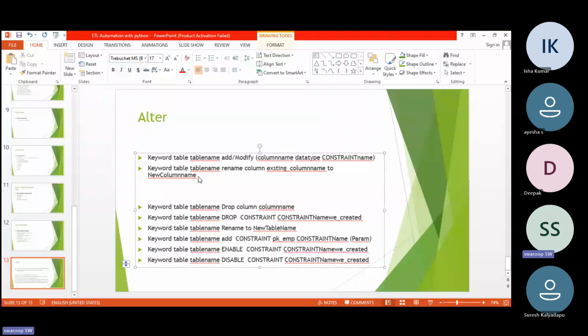Okay, fine, no problem. Alter table emp rename. Okay, alter table emp rename column ename to